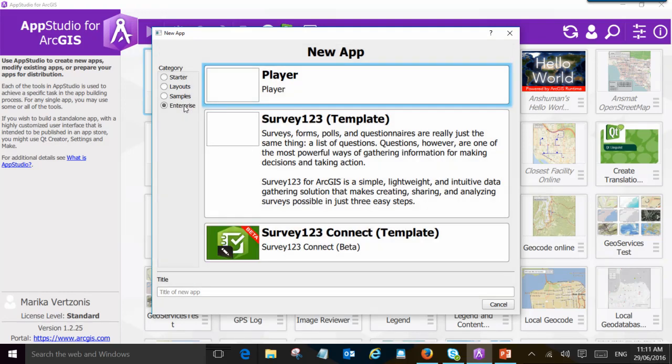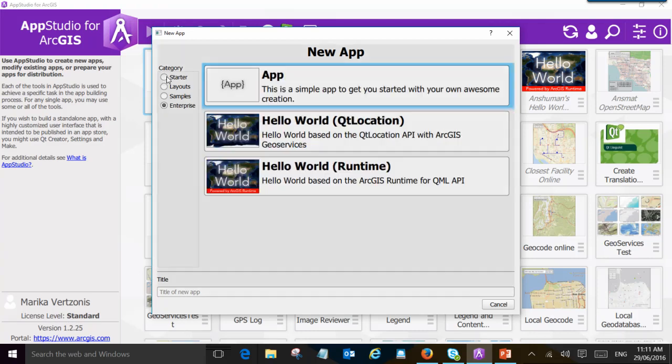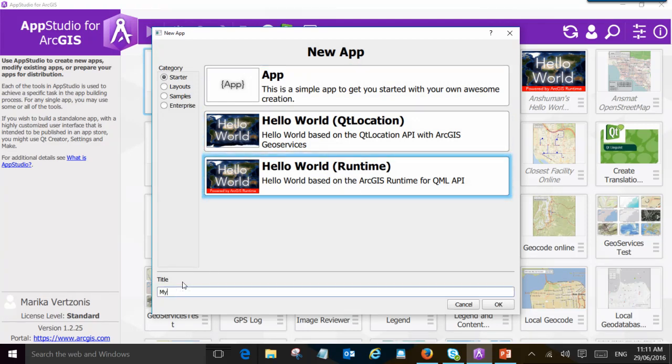So this is the way that you can start by using Survey123, Connect or Player as a template and customize it for your own organisation. They're available to you with a standard license. I'm going to start a little simpler and use the Hello World Runtime app. So I'll give you a head start on what it is that I'm going to create. I'm going to take this app